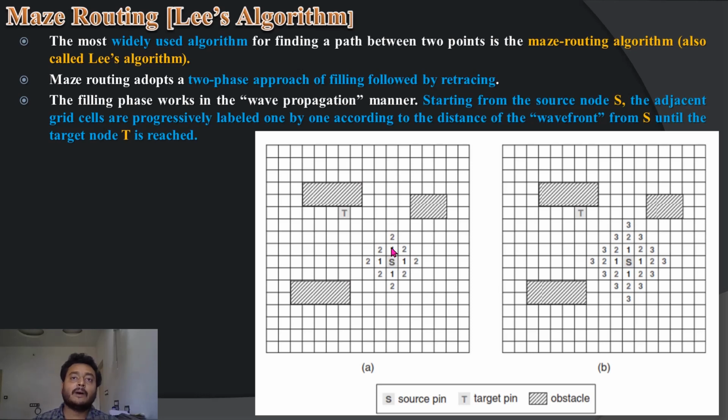Okay, right. So once you're done with this, then you will start with this particular thing. For this one particular node, what are the possible routings? Again, either it can go horizontally or vertically. So nearer to this is this one, we name it as 2, and from one this one is 2, and this one is number 2. Similarly do for this one and this one also. So we'll end up like this, all these 2's. Okay, I think you are able to understand now.